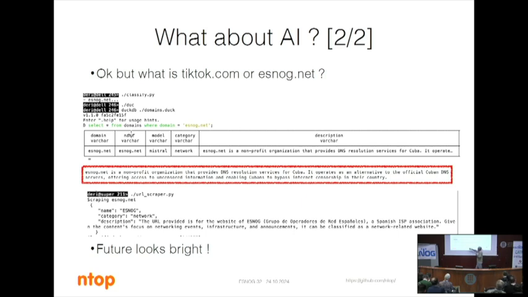Some of you have probably used Mistral, okay? It's a popular model. So you ask Mistral who ESNOG is, and Mistral said something about a non-profit organization, blah blah blah, used to provide DNS services to Cuba. Is it true? I don't know. I don't think so, right? So Mistral was wrong. Using LLMs for classification, I proved it to be correct for domain names that are